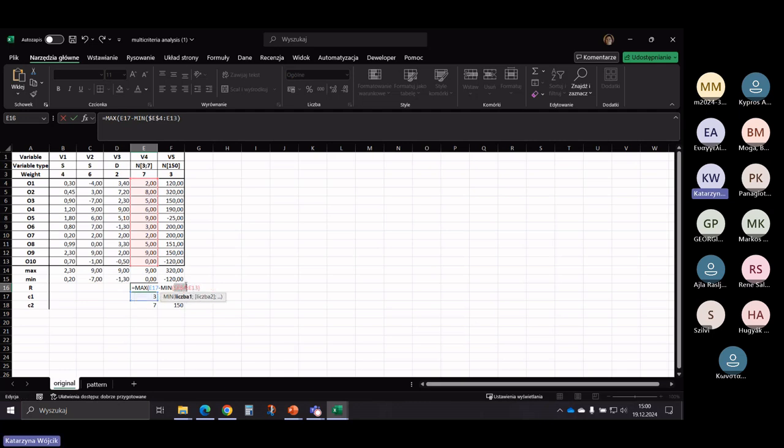I can use dollars in here. In my case, I'm using semicolon to separate the arguments in Excel functions because these are my computer settings. In your case, you may need comma. You need to check